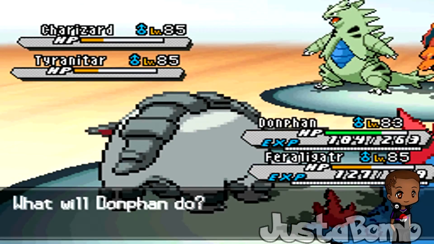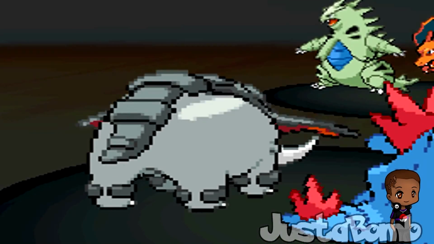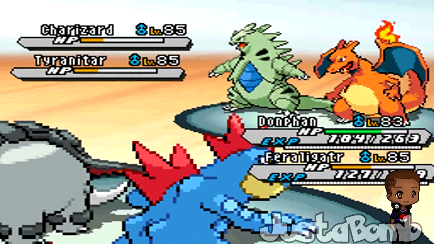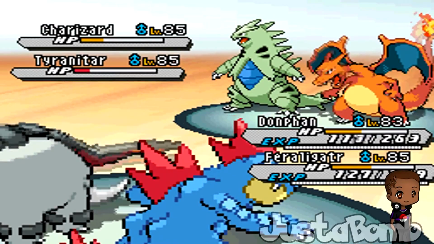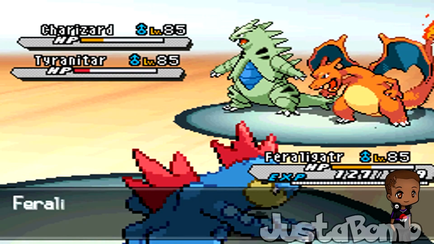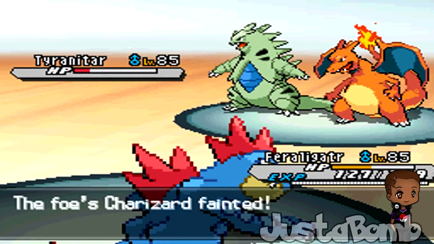As Sandstorm is little by little taking away the health of all the Pokemon that are affected by it, Donphan is going to go for the Ice Shard. Now, it doesn't do that much damage, and the Charizard is going to go for the Fire Blast. Takes out the Donphan, which is quite a surprise. Now the Feraligatr is going to go for the Hydro Pump, taking out the Charizard,